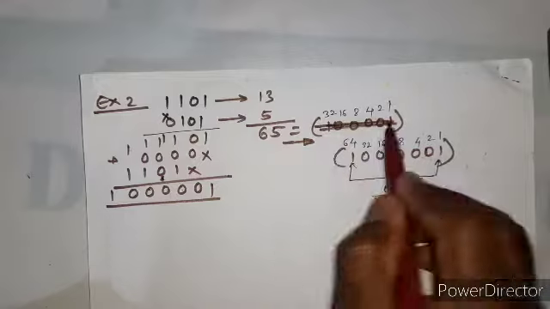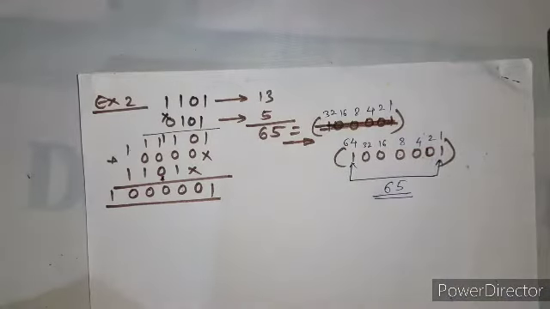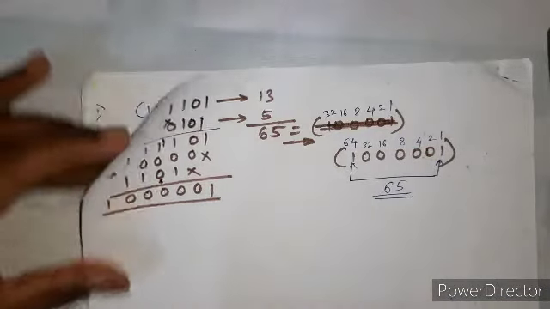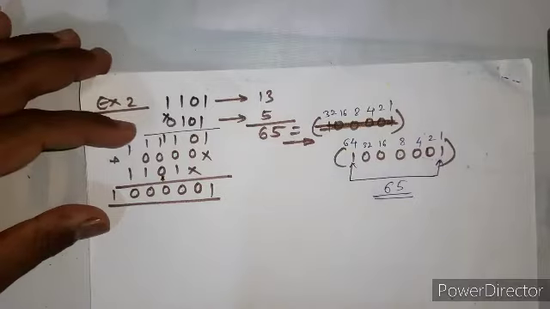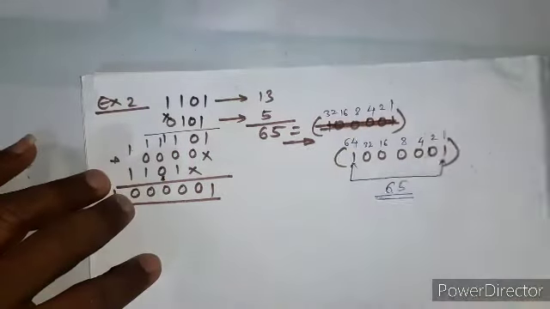Okay, so this is how the simple binary multiplication calculations work. I hope you have understood this binary multiplication calculation, which is quite easy, right? Now let us try to see the next part, that is binary subtraction.